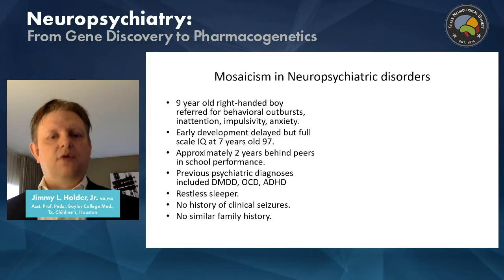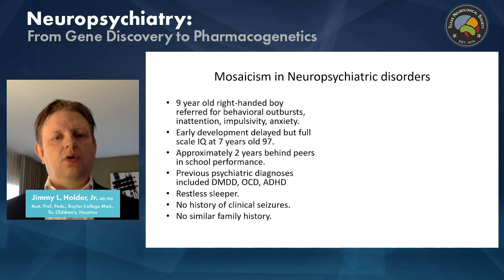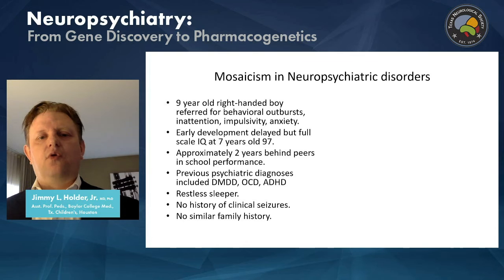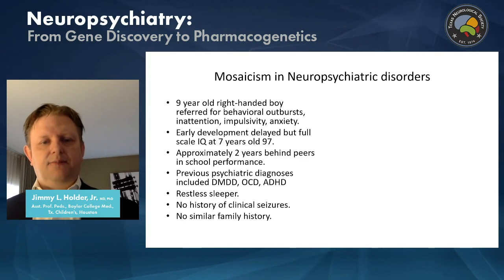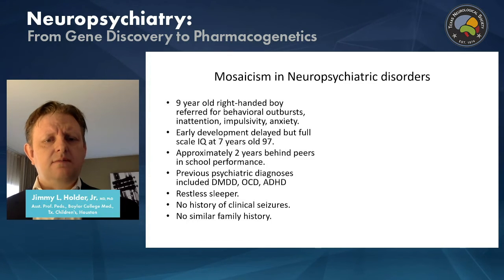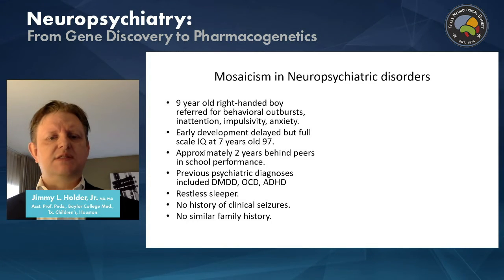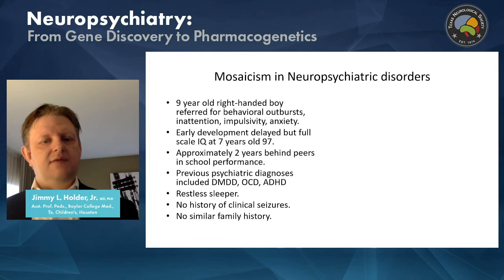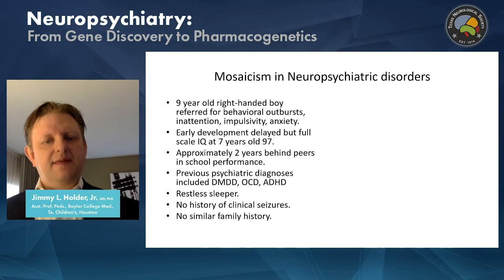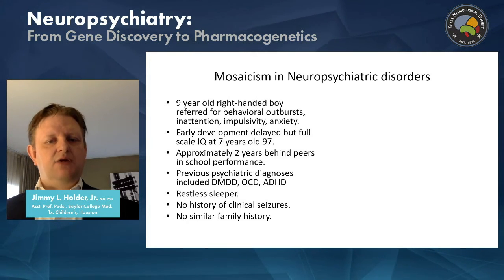So a patient was referred to me, a 9-year-old little right-handed boy, for significant behavioral outbursts, inattention, impulsivity, and anxiety. Although there were some early developmental delays, specifically in language development as well as in gross motor development, his full-scale IQ is actually 97 at 7 years of age. Despite this, he was approximately 2 years behind his peers in school performance, and both his parents and his teachers felt this was primarily due to behavioral dysregulation and not inability to perform